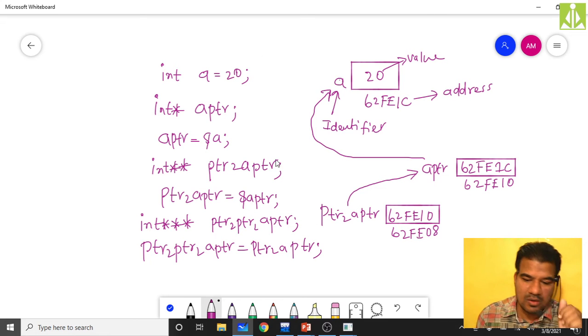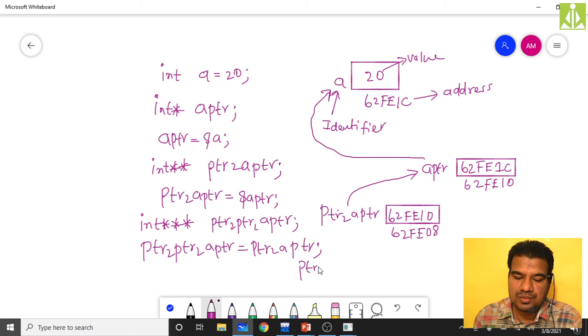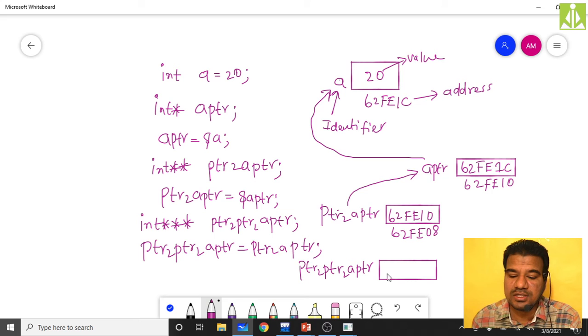This is another memory location, PTR2 PTR2 APTR, which is capable of holding the address. It is a third level pointer, isn't it? It is a third level pointer capable of holding the second level pointer's address. So the second level pointer, this one, this address you can store here. Not like this, you have to put ampersand, then 62FE08, like this we are storing. So this will point over here.